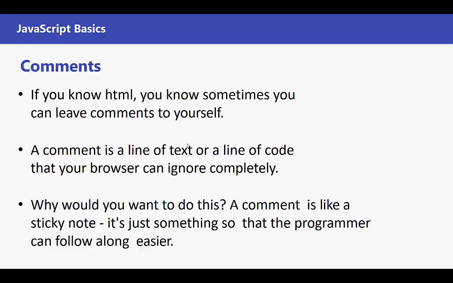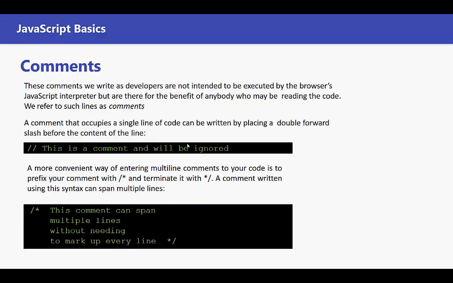Kind of give yourself some meaning behind what you're doing. So why do you want to do this? Maybe you think of it like a sticky note or writing notes on a textbook. How do we write a comment? 2 forward slashes will tell JavaScript, ignore this. If you have more than one line, you have to tell JavaScript /*, put your lines in,